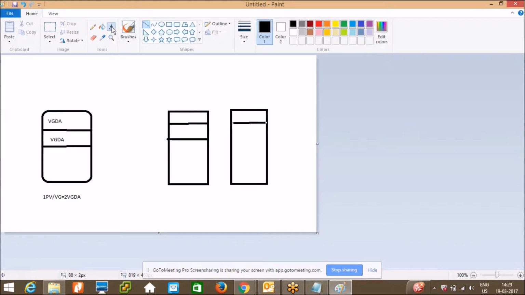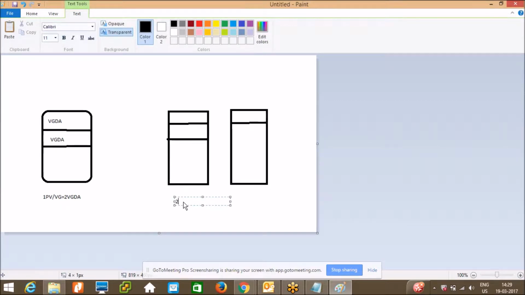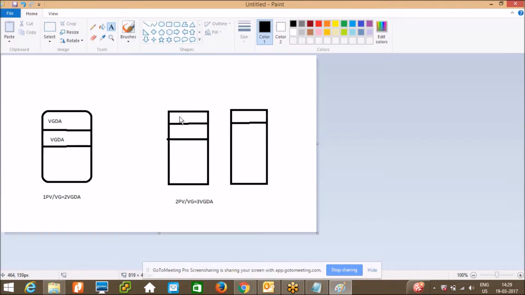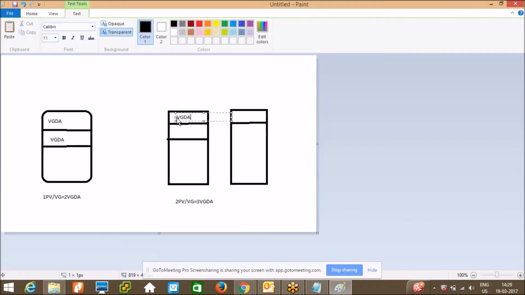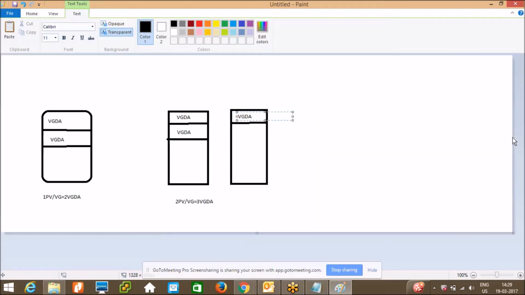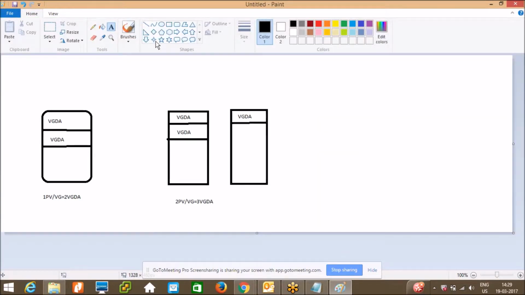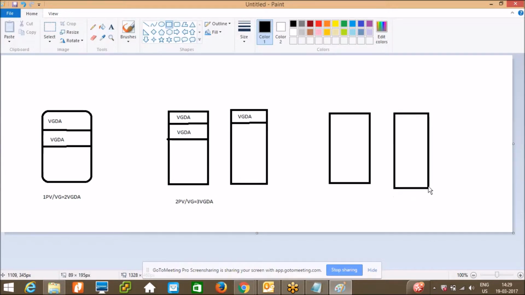So two PVs in a VG create three VGDA copies. How does it get created? Here one VGDA copy, over here one VGDA copy, and one more copy over here. So total three copies will get created. Clear about this? And then if we have three PVs in a VG,